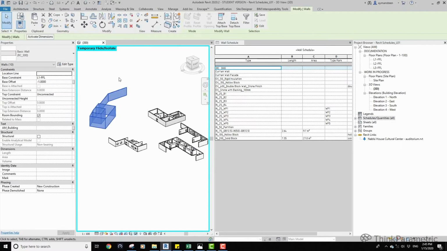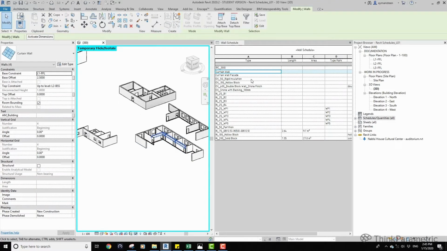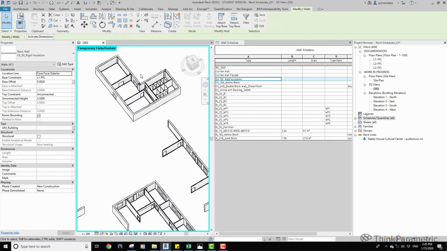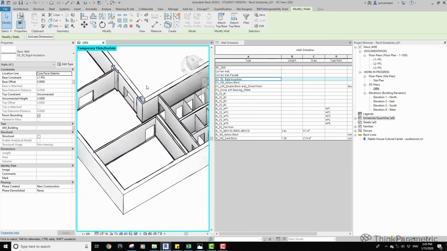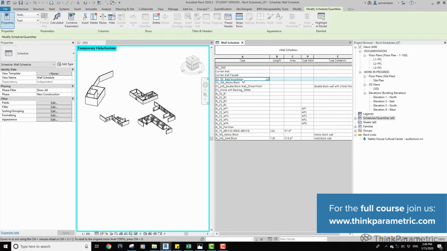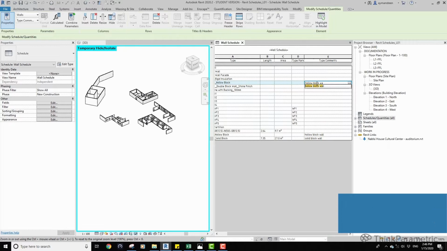So we'll ignore it for now. Here's the curtain walls, and here's the rigid insulation. It's somewhere inside the wall. So to make the plan look better and correct, here you can see that we have this hollow block, but it does not have the correct value. So I'll just type hollow block wall. This is indicating that we have a double block wall, so it's correct.